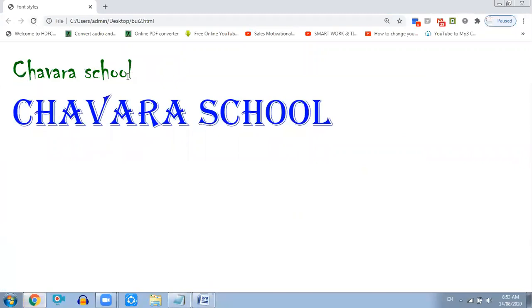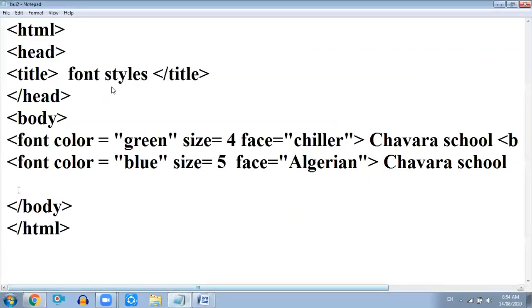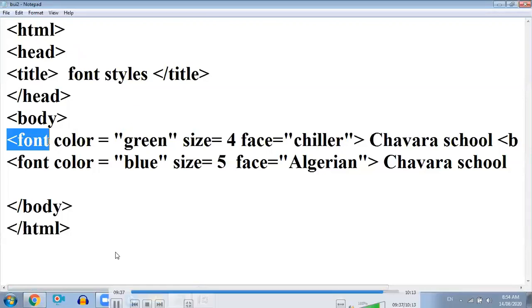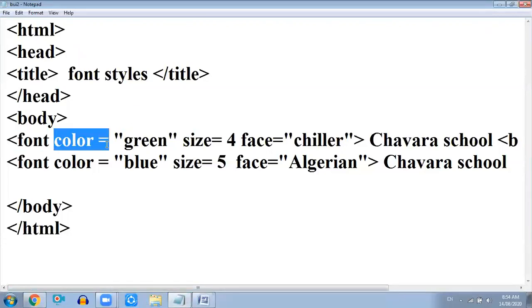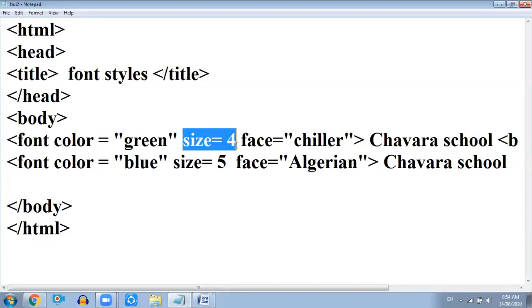So in today's video, we have learned up to now how we can apply font, font size, font color, and font type. So these things please keep practicing, and it will be easier for you. So just see the structure of how we can type. It's very simple. Type font in angle brackets. If you want to apply color, you have to type color and the color name in inverted commas. If you want to apply the size, then type size is equal to, and from 3 onwards. Then face, you need to type these names.